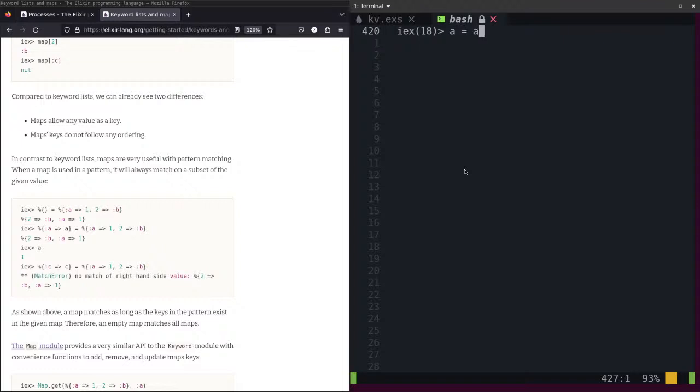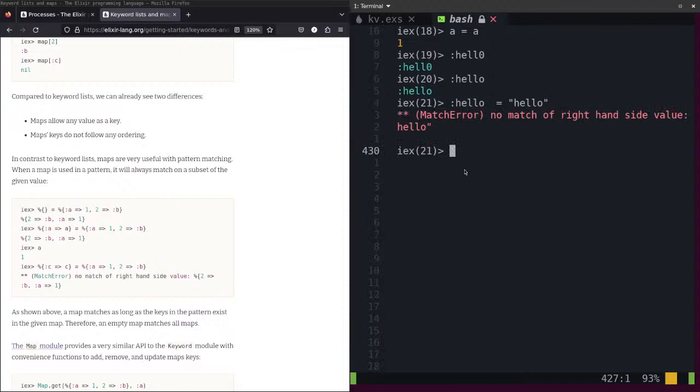A equal a, return 1. Hello. No match. Let me see.